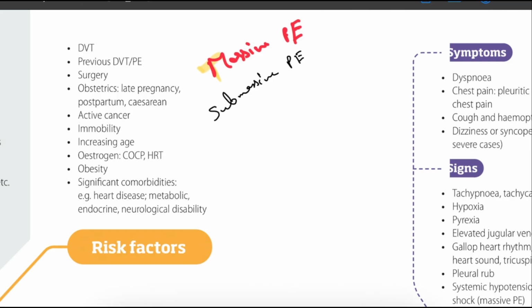Next one, low risk pulmonary embolism. In low risk pulmonary embolism, the patient will be stable and no right ventricular strain. Okay. Next,